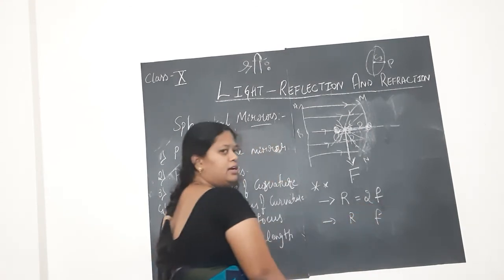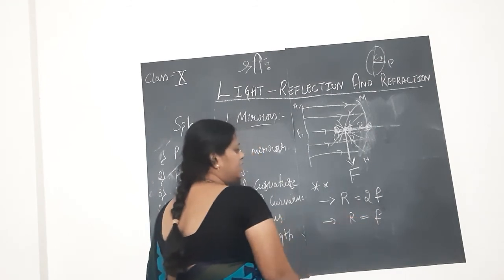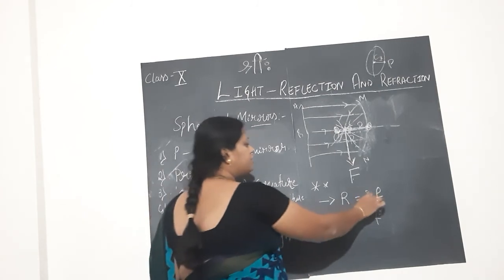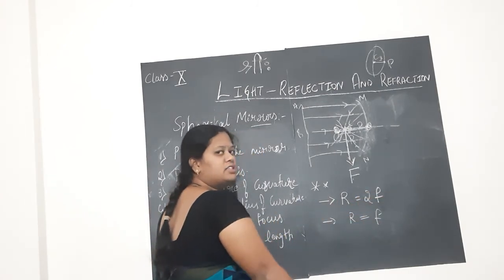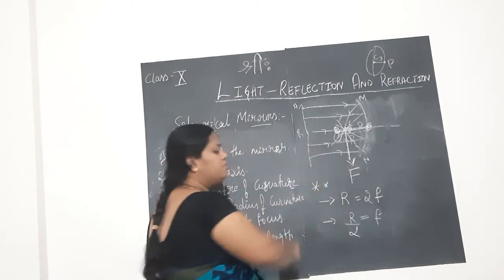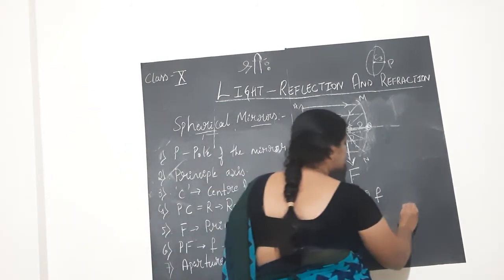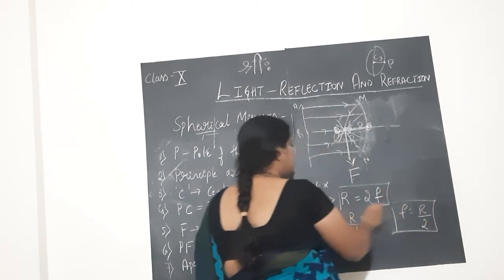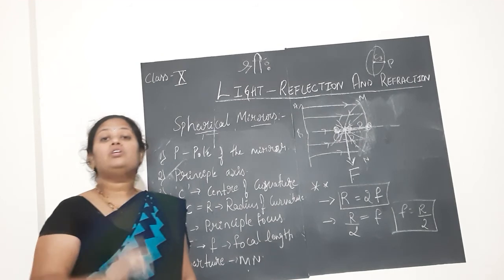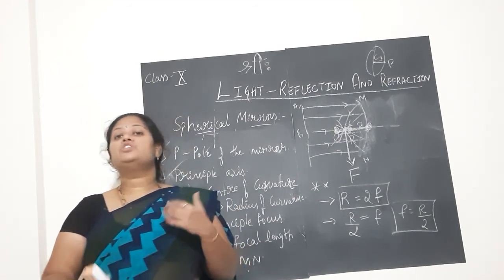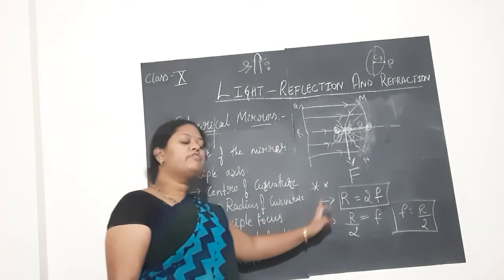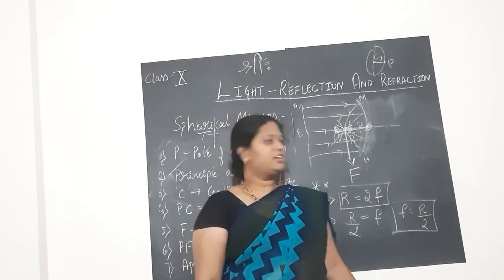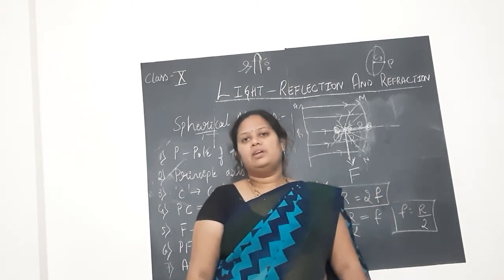R is already there on my LHS, and the equal to sign is as it is. In between 2 and f, a multiplication sign is there. So if I send any one of the terms among these two to the LHS or RHS, I should divide. So R divided by 2. That is what I wrote: f is equal to R divided by 2, or R is equal to 2f. These are the two important formulas as well as relationships which you will have to keep in mind. Radius of curvature is twice the focal length, or focal length is half the radius of curvature. That is what these formulas mean.